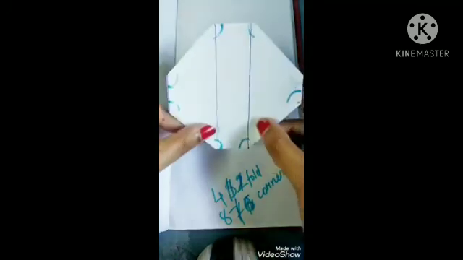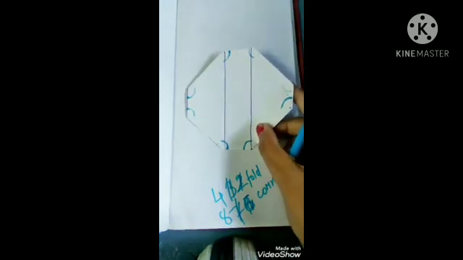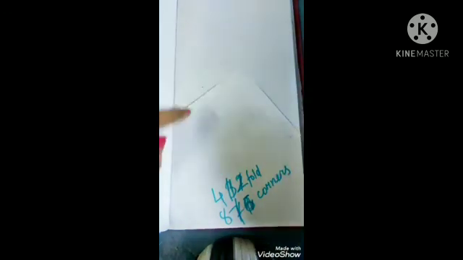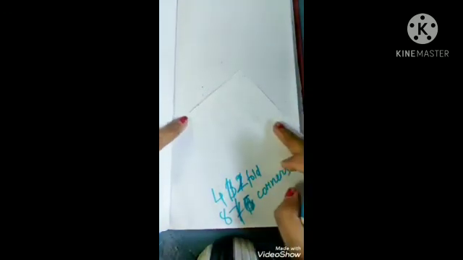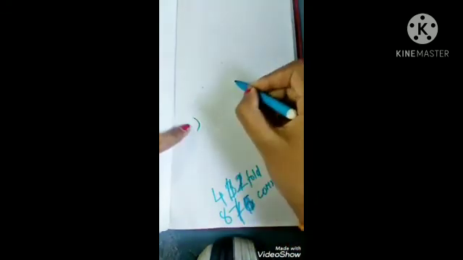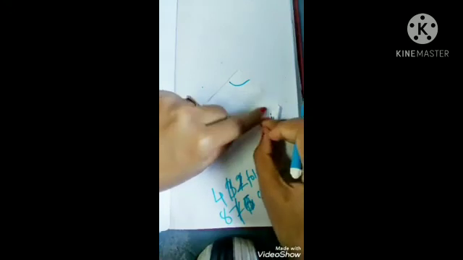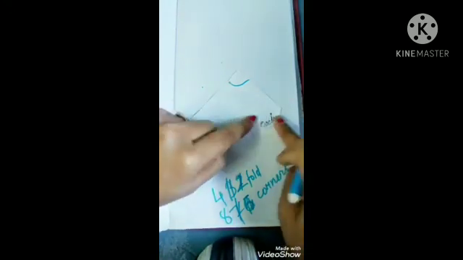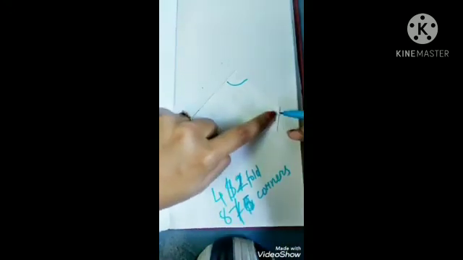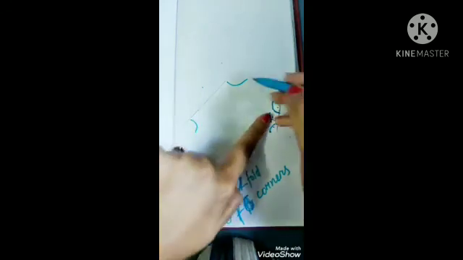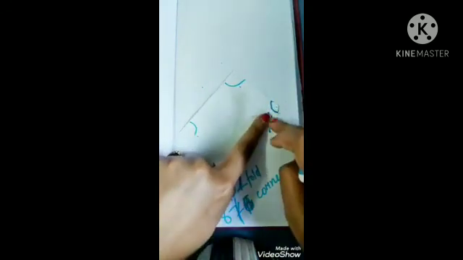So in this way you have to do the other one. For that you have to take one triangle like this. As you know, a triangle has 3 sides, 1, 2, 3. Similarly you have to fold one. If you fold like this, now one side is generated, right? Along with that you are getting one more corner here and one more corner here, right? So 1, 2, 3, 4. If you fold one, you are getting 4 corners.